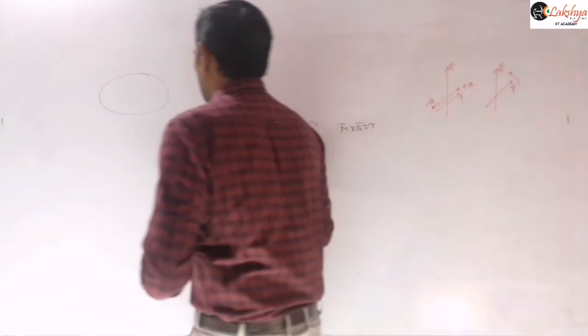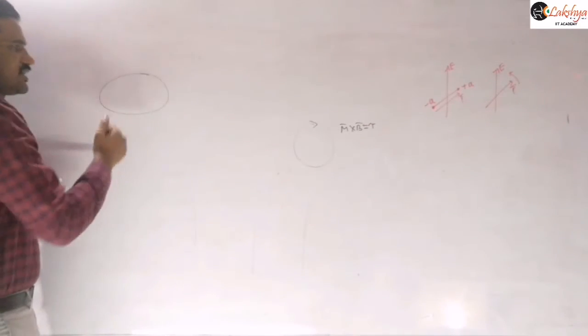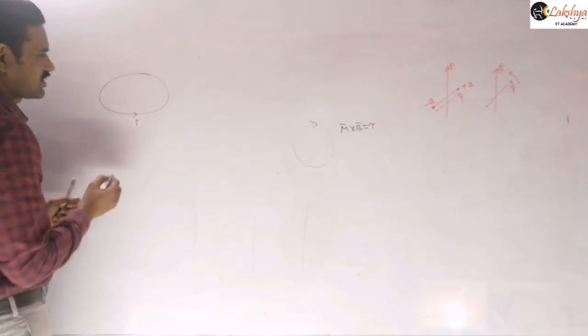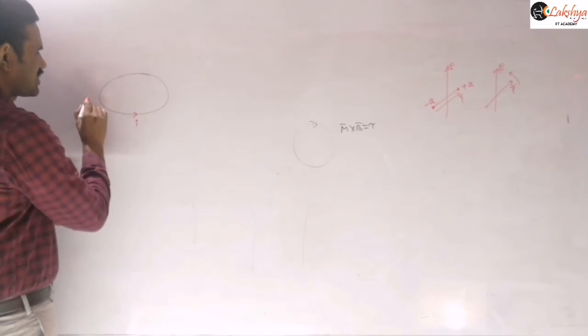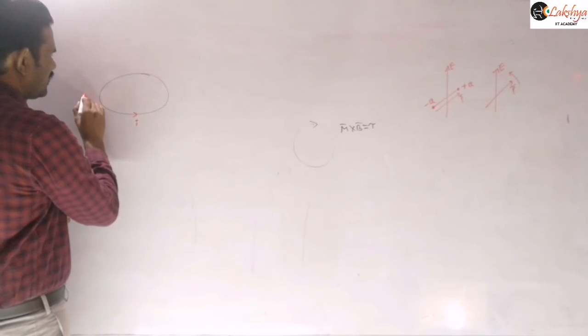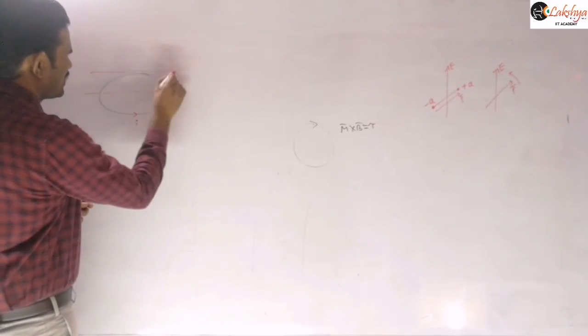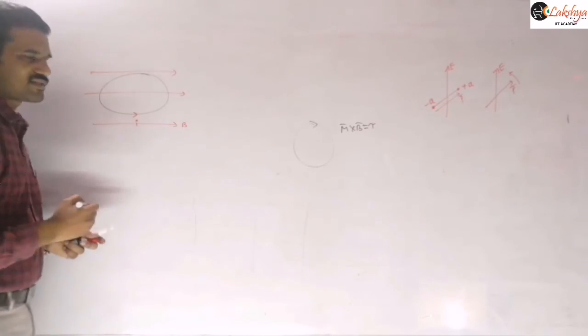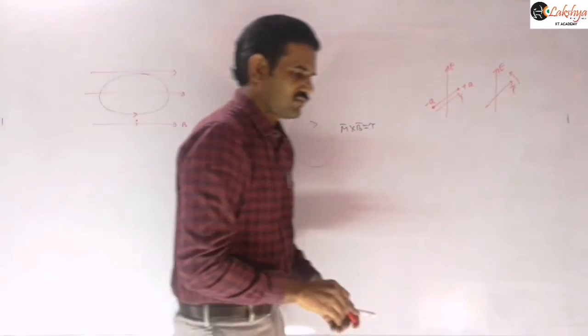Now I am taking the situation where a current is flowing in this coil along this direction. It is placed on a horizontal surface such that the magnetic field is in that same plane. A horizontal magnetic field is there like this. This is a coil of mass m and radius r. So note down that problem.